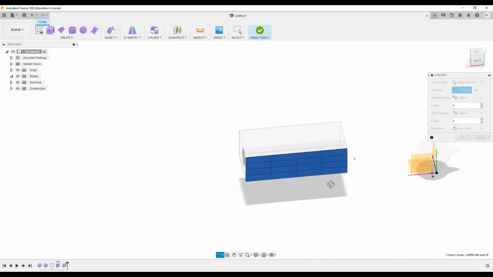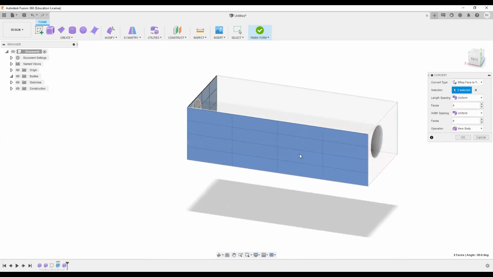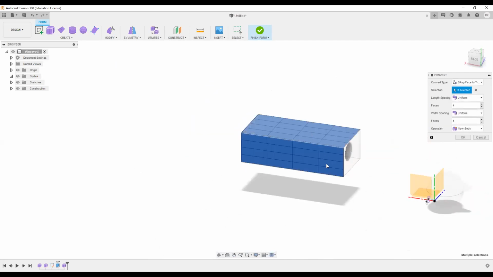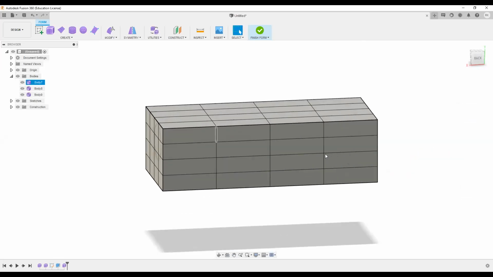So I can select the number of faces which I want to convert into T-splines of a B-rep body. If I select these three faces, again I can change the number of faces here. I can also make it uniform or curvature. Then I do OK, and let's say I want to give a curve on this particular body.